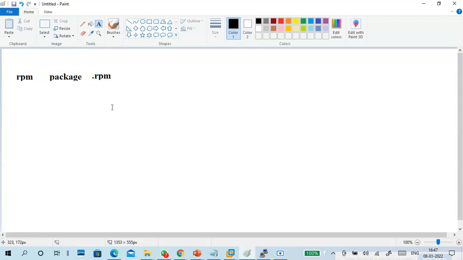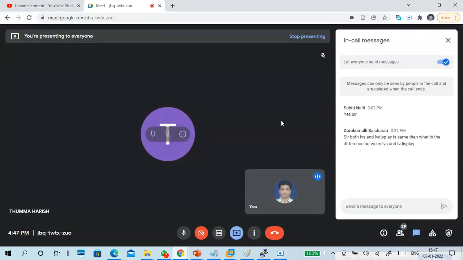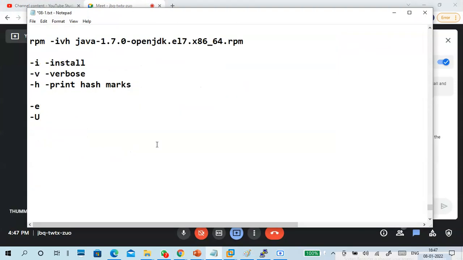Guys, remember, people are completely silent. For example, I am trying to install this package. What will happen when I try to install a package? The dependencies should be resolved.